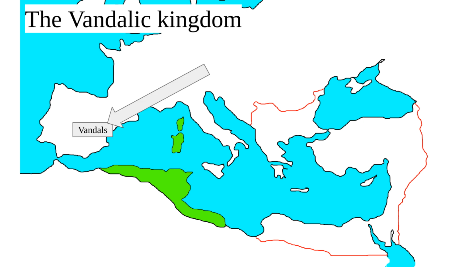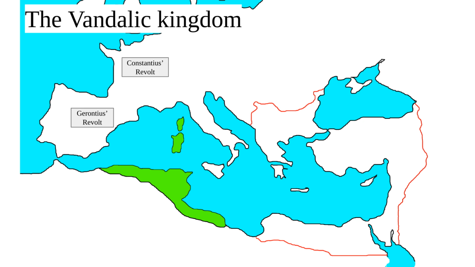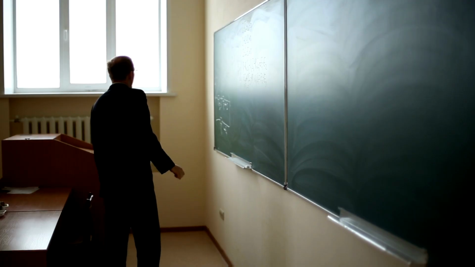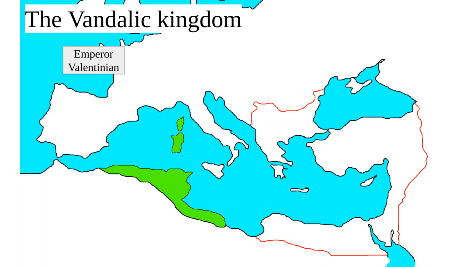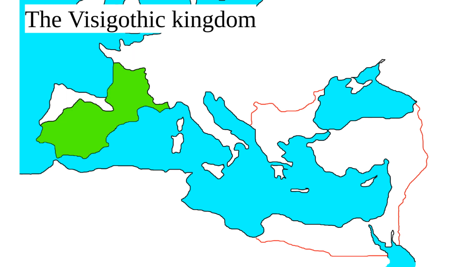Here we can see two things going wrong. First, we have the revolt of the Roman general Gerontius, which brings the Vandals into Hispania, and then we have the revolt of the Roman general Bonifatius, which brings the Vandals into Africa. But we must remember that Gerontius' revolt is a consequence of Constantine III's revolt. So here we have four people that we can blame for the fall of Africa. We have Emperor Valentinian, and I will argue that his mother also has some fault. This is Placidia. Placidia was his mother. Gerontius and Bonifatius.